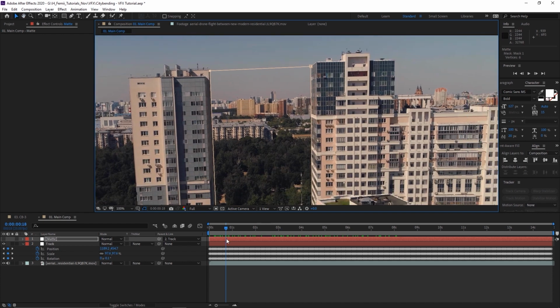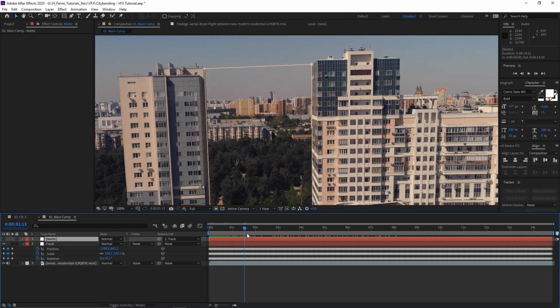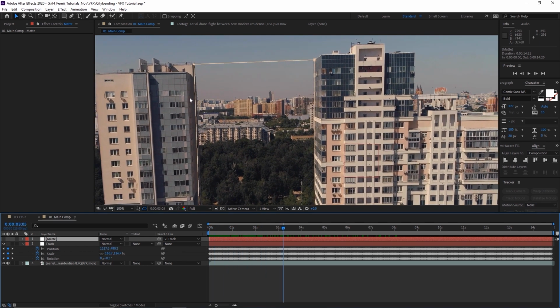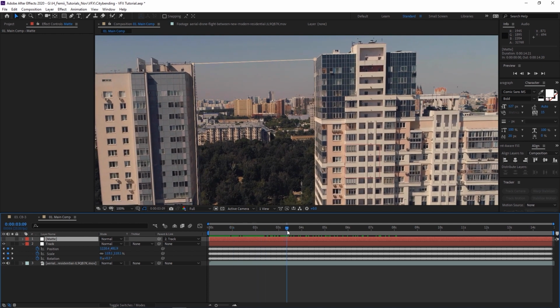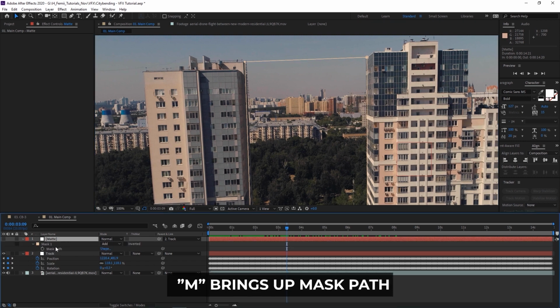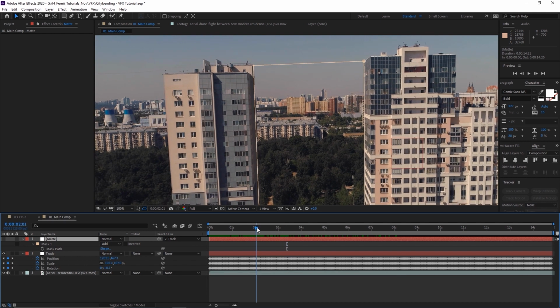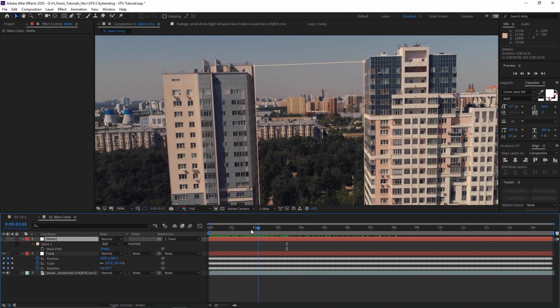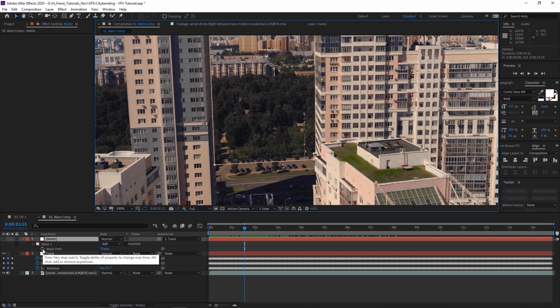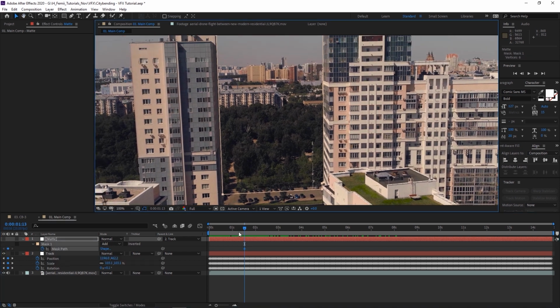And then starting from here, it's not going to be perfect, but as you can see with the tracking data, it does a lot of the work in terms of getting the position right for the cutout. Now, because there's parallax and the buildings will progressively move farther apart, the mask is not going to be perfect. That's why you're going to need to keyframe it and adjust the position. And how we're going to do that is by hitting M, which will bring the mask path. We're going to go to the point that we drew that mask, which I think was somewhere around here. This looks right. Okay, we're going to hit the stopwatch, which will keyframe it,